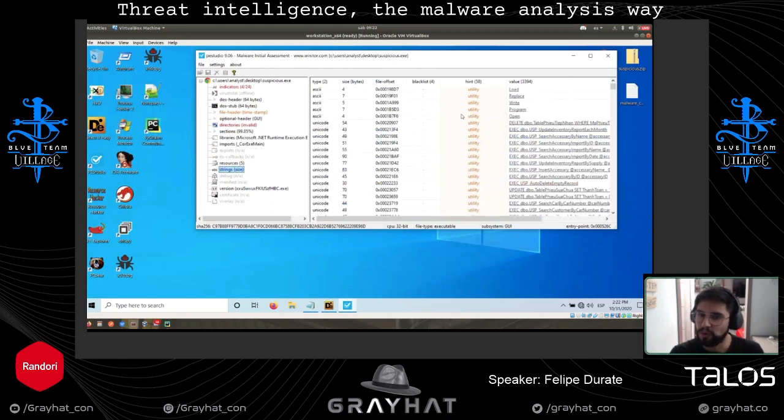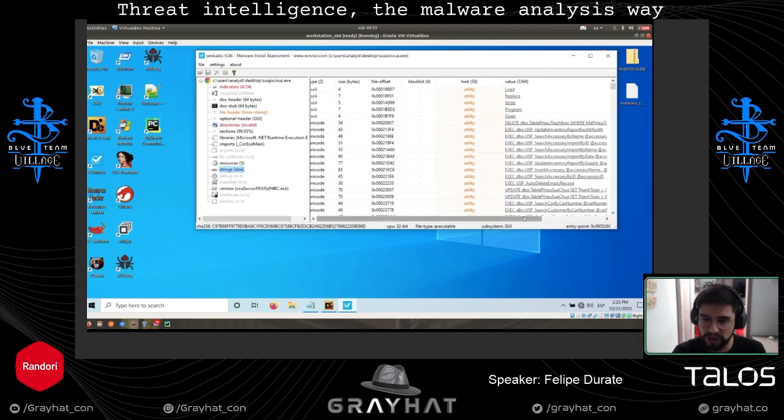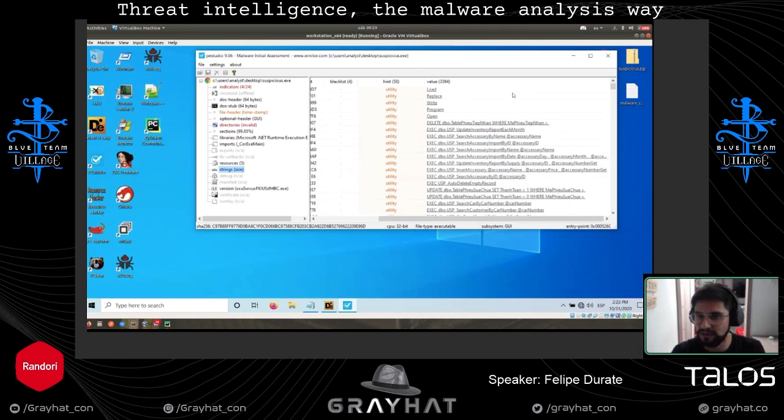I always go first to strings because, let's suppose you are writing a program that you want to connect to a URL. At some point you need to write the URL, otherwise it won't connect, right? So if you don't see any kind of URL here, you probably think it won't connect to anything.